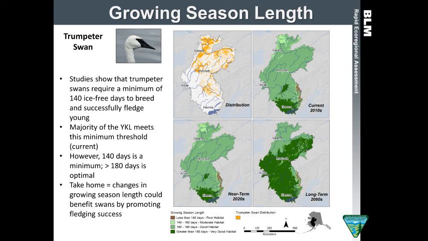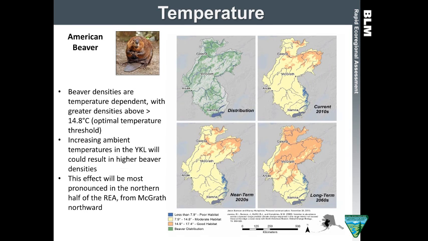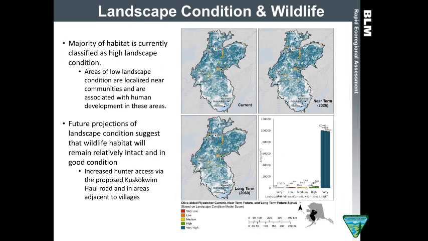That's why we've developed these conceptual models to see what these interactions would be. And so today, because I had minus 2 minutes to talk to you, you're only going to see this slide, but we did overlay permafrost, and we talked about the relationship between those two. So I'm going to skip over temperature and the beaver story because Jamie showed you this slide already, and we'll delve into that a little bit more. And then landscape condition, all of you have seen this, but the same story applies for wildlife species.